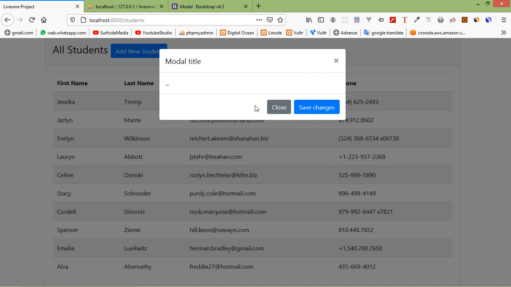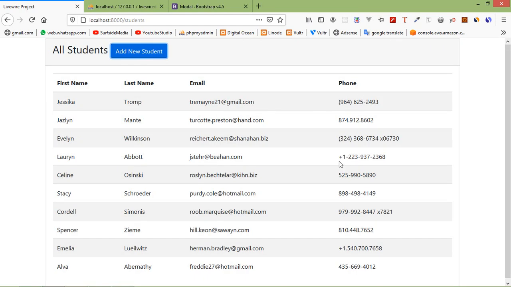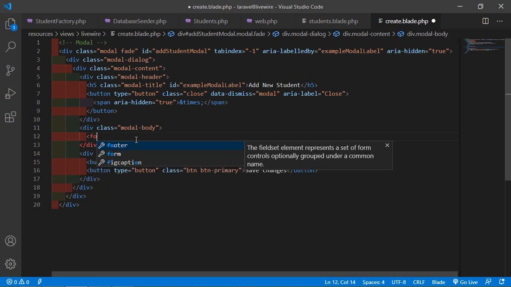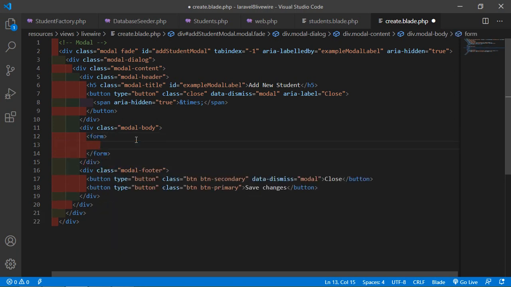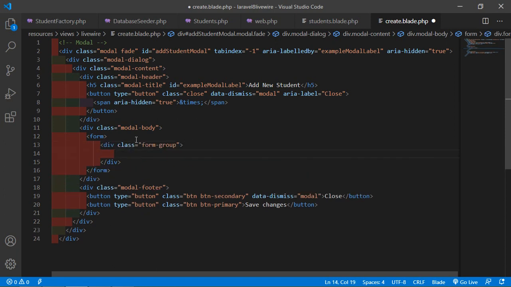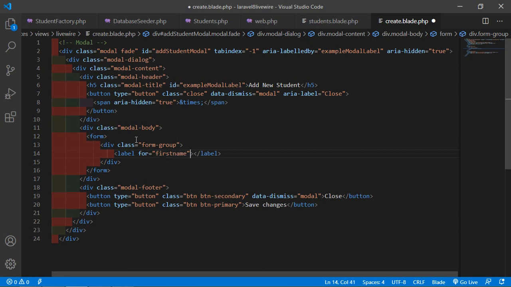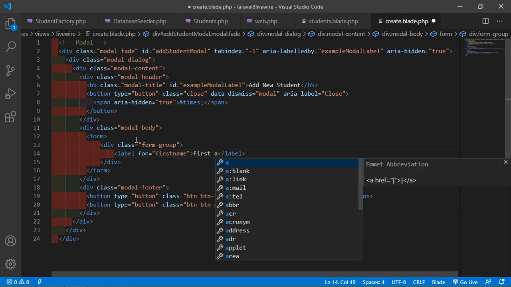Alright, now inside this modal let's add the form and some input fields for the first name, last name, email and phone number. Okay, so let's go inside this view file and first of all change the title here. So just write here add new student and inside this body let's create the form. So just write here form, and inside this form add the input text field for the first name. So just write here form-group, then label for first name and add here the text first name,